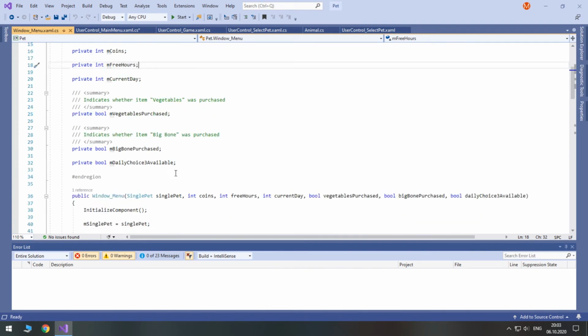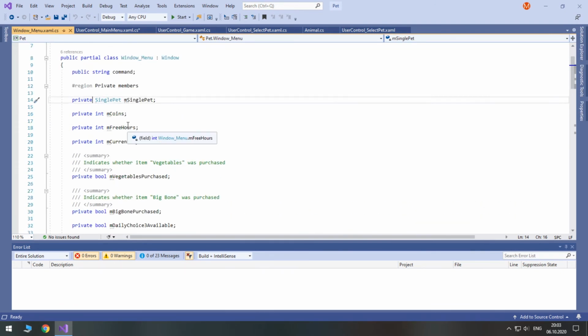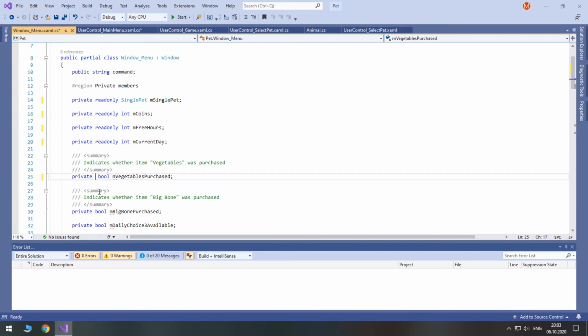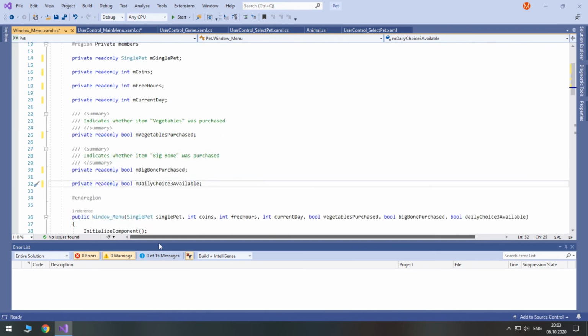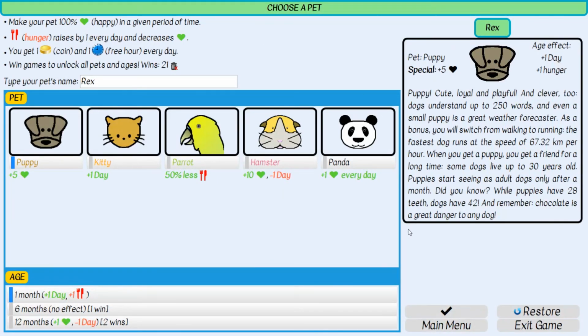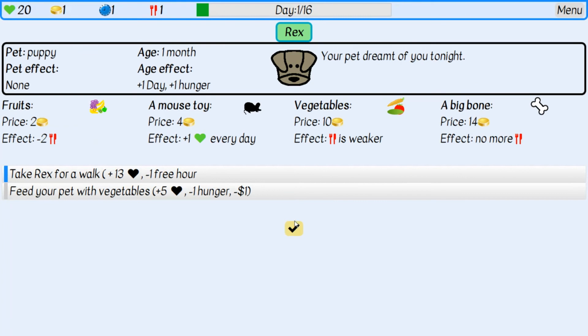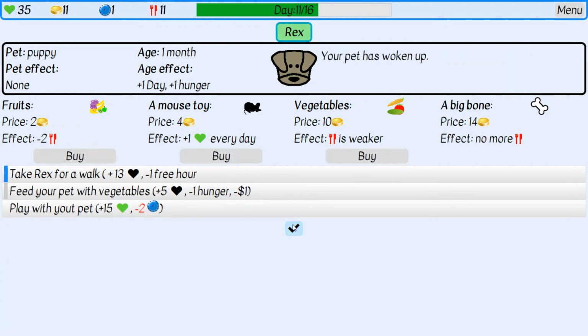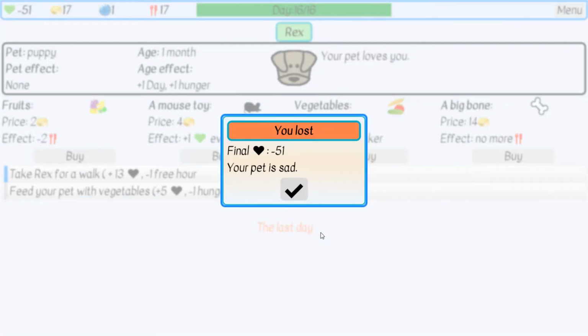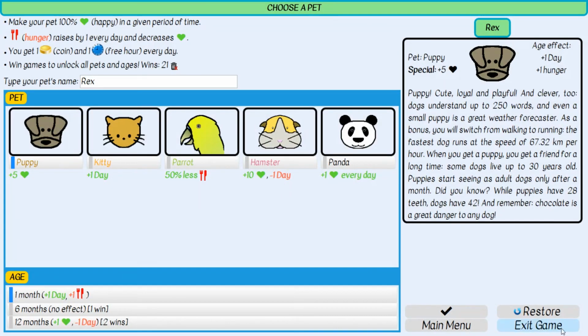Literally all of these private members can be readonly. So let's copy and paste it for everyone. That's it for our variables. Now we can check whether our program still works. Yeah, you see that everything is still working.